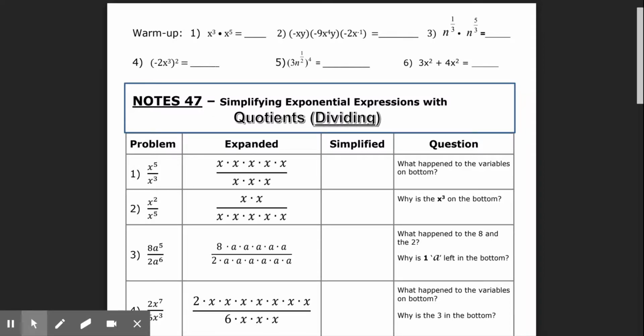Problem 1 on the warm-up, we have x cubed times x to the 5th. So we add the exponents. So this will give us x to the 8th power. Number 2,